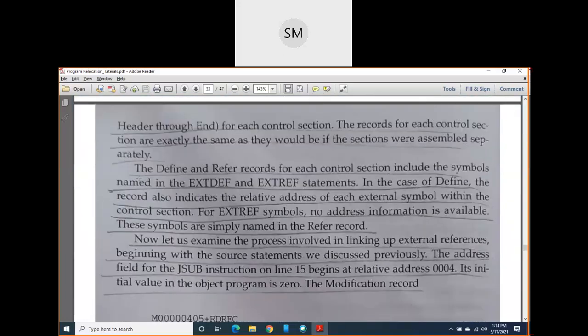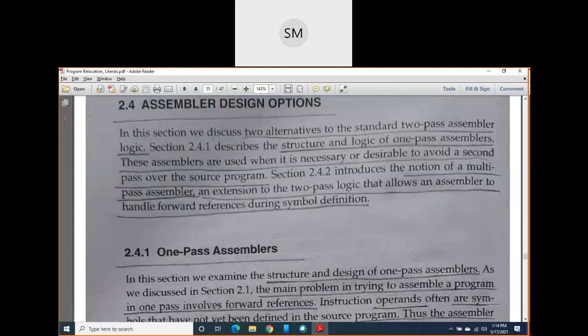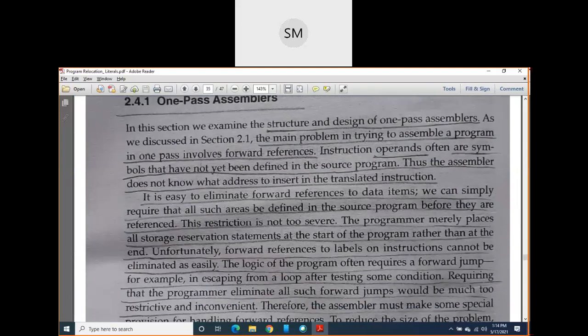Okay, so then what you have studied is a very important concept, that is the one pass assembler. The problem was forward reference, which was present in two pass assemblers, which were using pass 1 and pass 2. In pass 1 they just defined the symbols. In pass 2 they exactly translated the program to machine level.